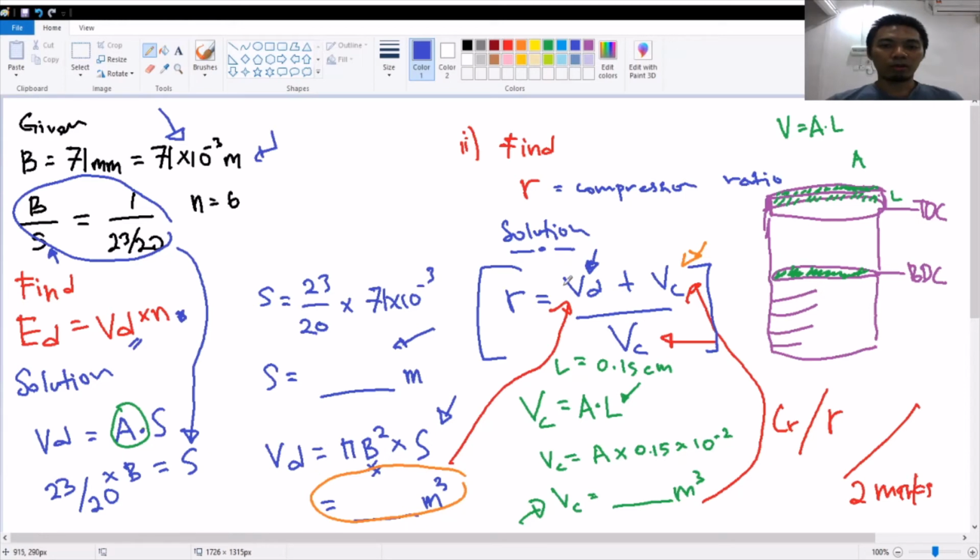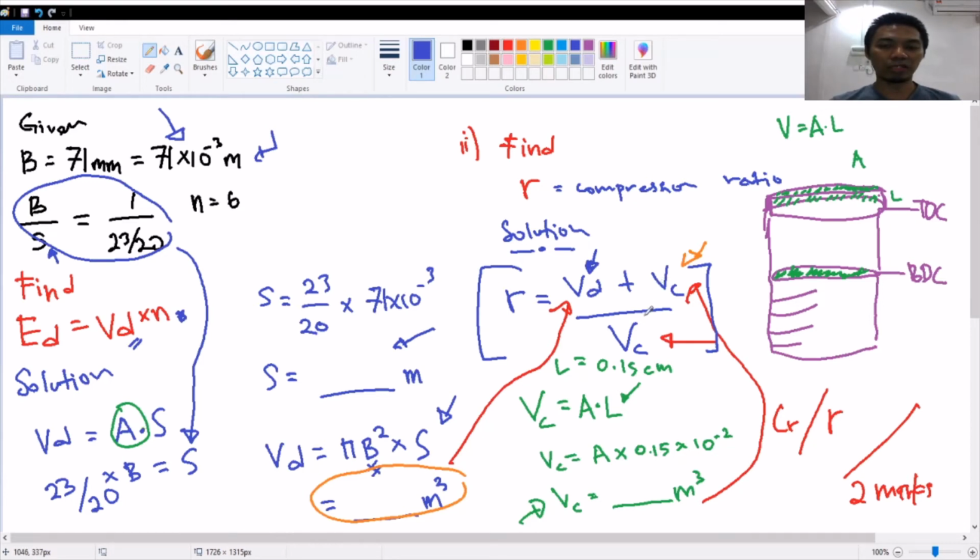So from the equation here, if you look closely, we have a VD, we have a VC. There are only two unknowns. VD, basically you can have it from the first calculation, you got it here. And the VC, or clearance volume, you need to find it,